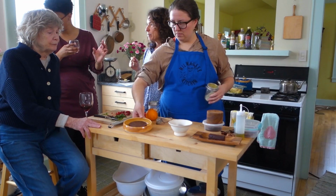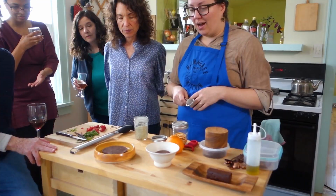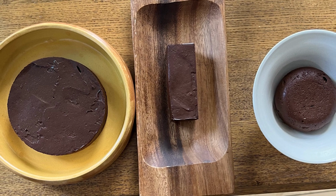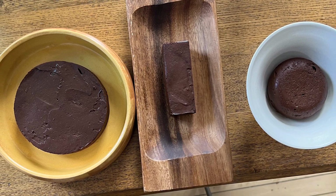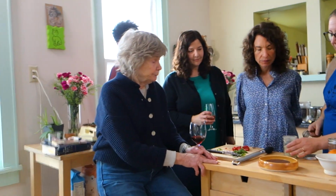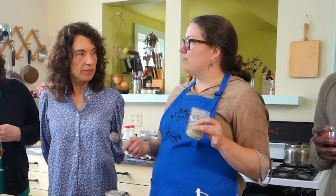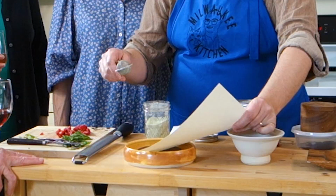So, 3 different platings using the same mousse recipe. We're bringing it up to essentially room temperature, so it's nice and soft right now, even though it looks like it's taken to form. A tea strainer right here. I've made some mint sugar by pounding mint leaves into some sugar, dehydrating it overnight, pulverizing that again, and I'm dusting